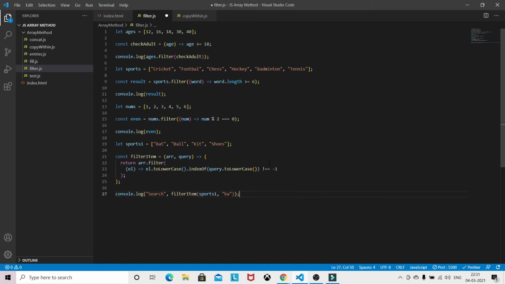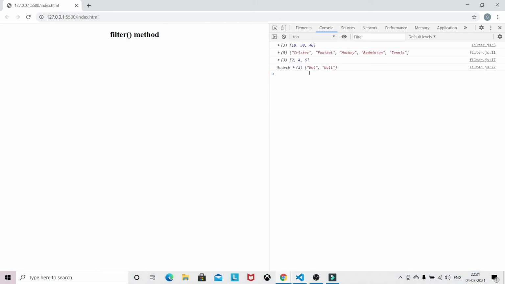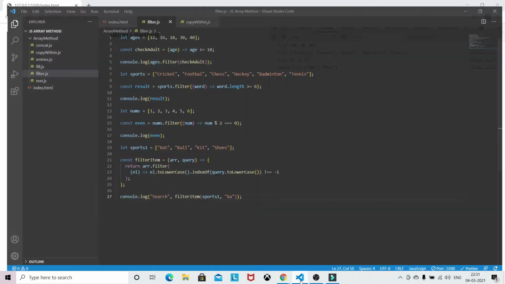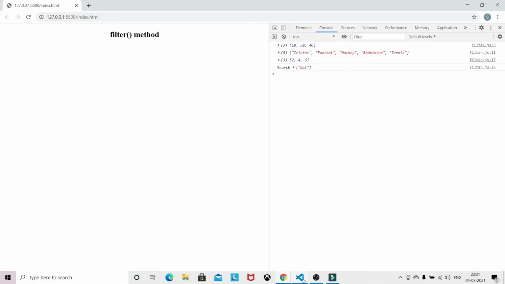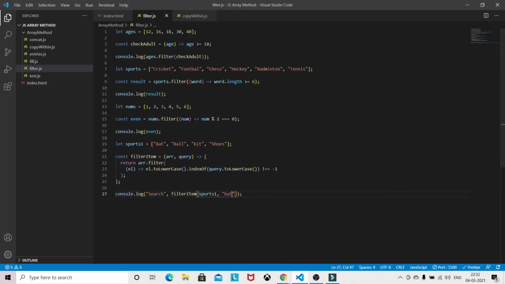So we will get the result bat and ball. Let's see, we are getting bat and ball. If you provide the exact value, suppose I'm providing bat, we will get only bat in the array. This way you can perform searching also with the help of the filter method.